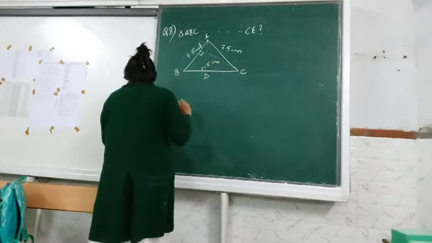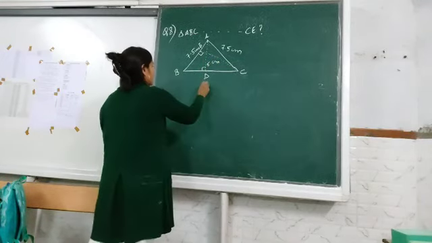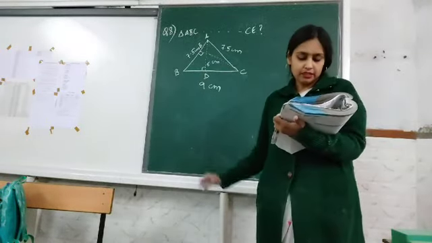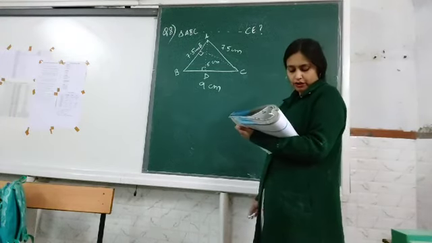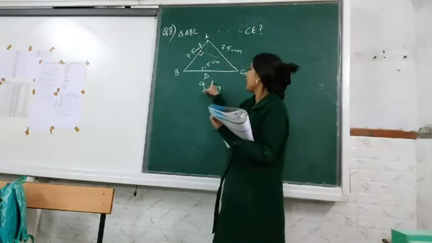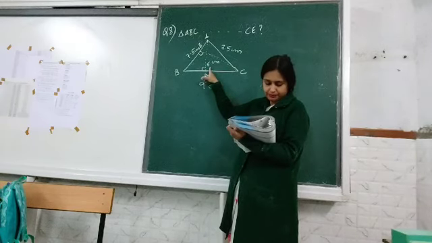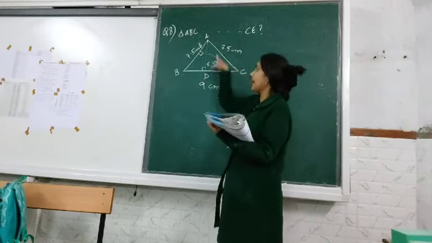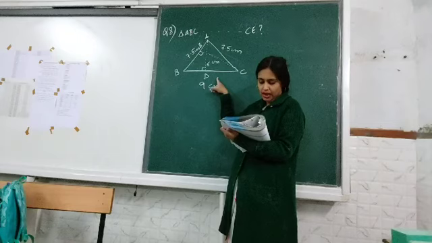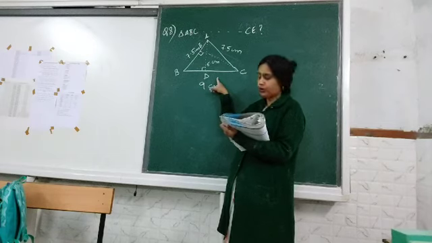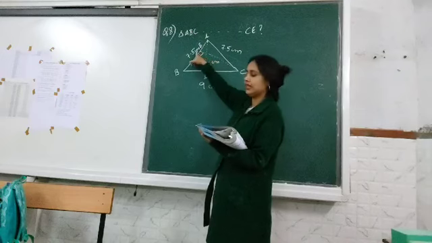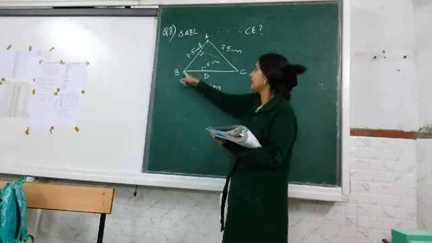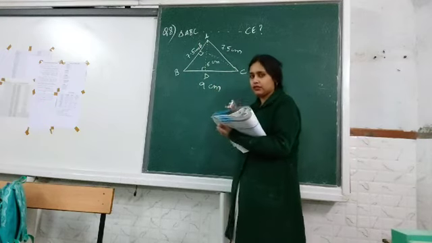I don't know which one is 6 centimeters, whether it is CE or AD. And BC is 9 centimeters. The height AD from A to BC is given, 6 centimeters, children. Find the area of triangle ABC. So from this base and height we get the area, okay, and what will be the height from C to AB, you have to find the length of CE. Same way, again we take this as base and this as height, and whatever area we have found from here gives us the answer.